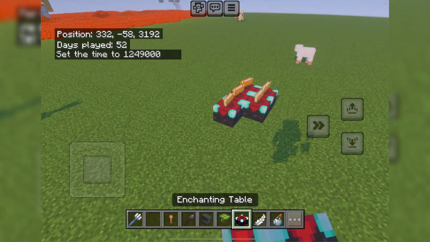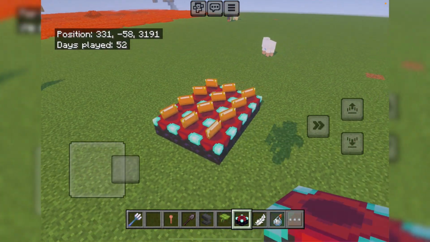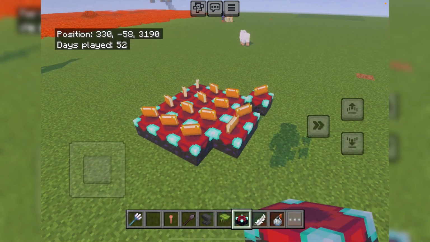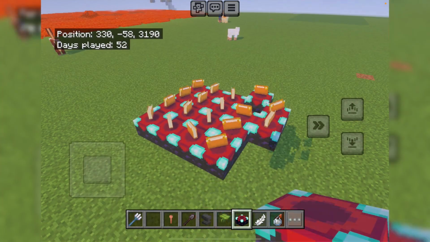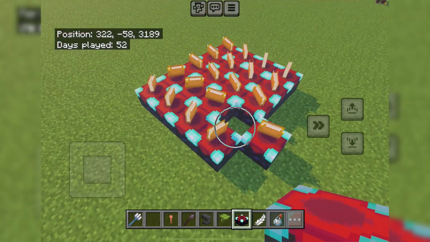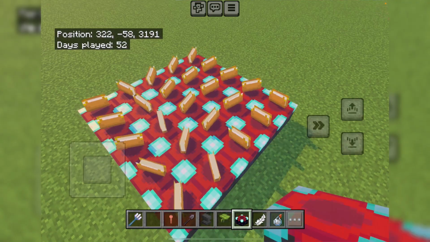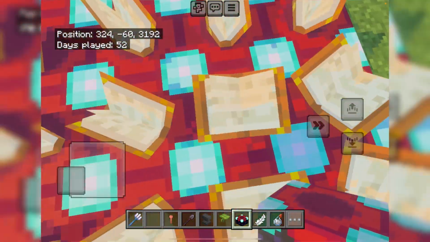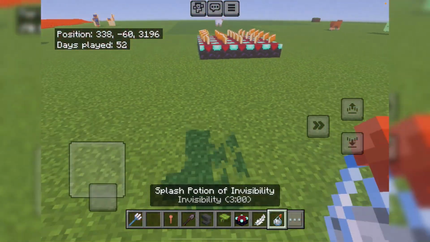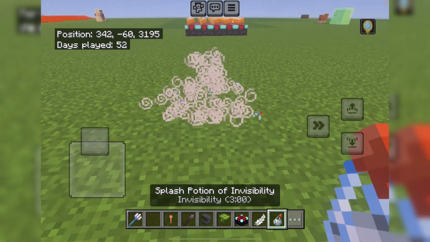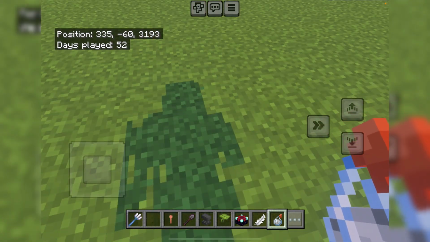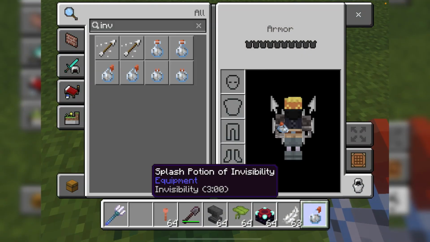Fact number 2 is that if you have an enchanting table and an invisibility potion, place a load of enchanting tables near you, about this many. Because if you go near enchanting tables, the books will look at you. The strange thing is that if you go invisible,